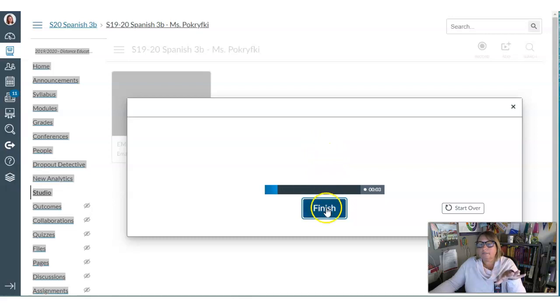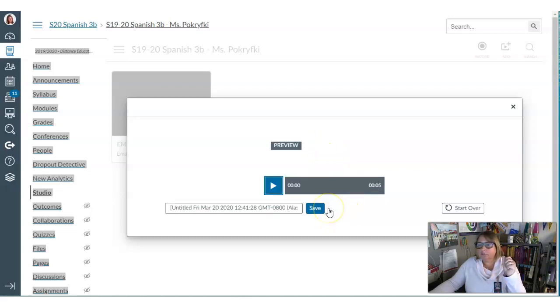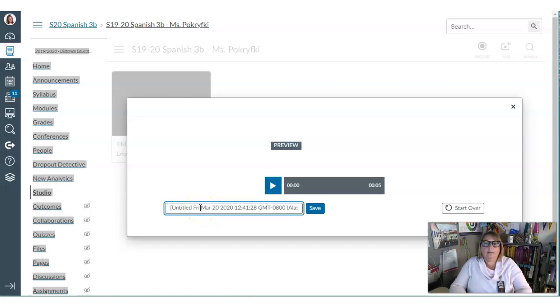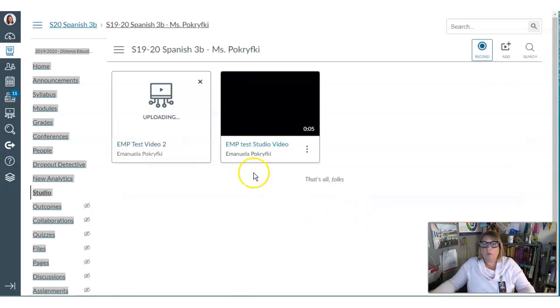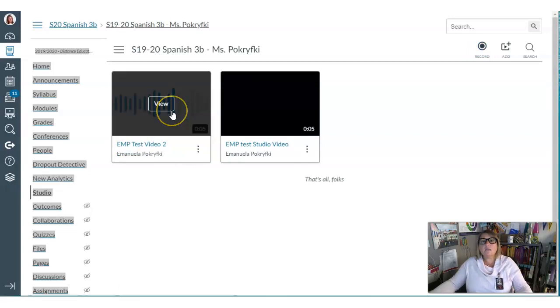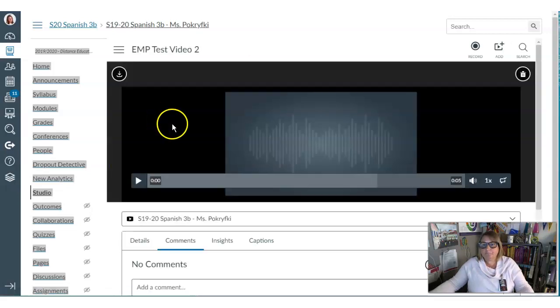once you are done with the recording, you just click on finish. I like to save every file with a name, so test 2 video, and I save it so that I know how to find it, and just gives a good sense on how to recover the files. So once a video is completed and it is finalized, you can click on it, and